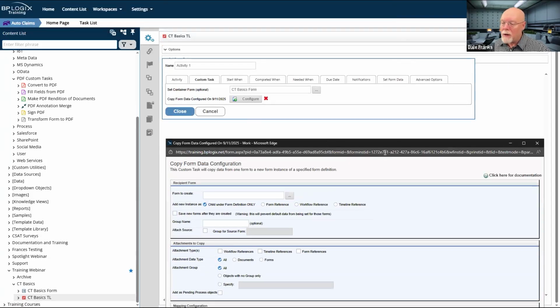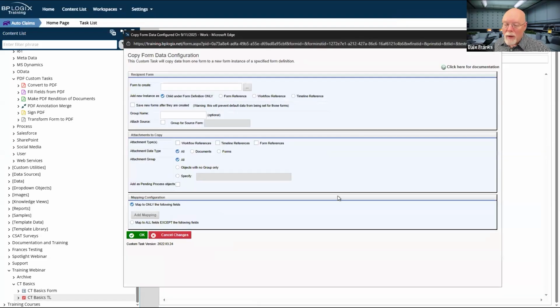or that container form. Often when that happens, I get an error at the top of the custom task that says, not so fast there, Sparky. I don't know where your data is coming from, so I don't know what it is I'm supposed to be sticking data into. So I do need to set that container form, because all of my configuration inside the copy form data custom task is configuration for setting up what the destination form and the destination form fields are going to be, and how it's going to be attached and all of that other stuff.